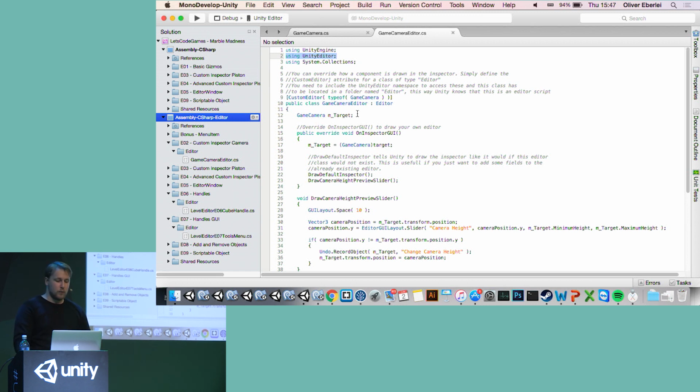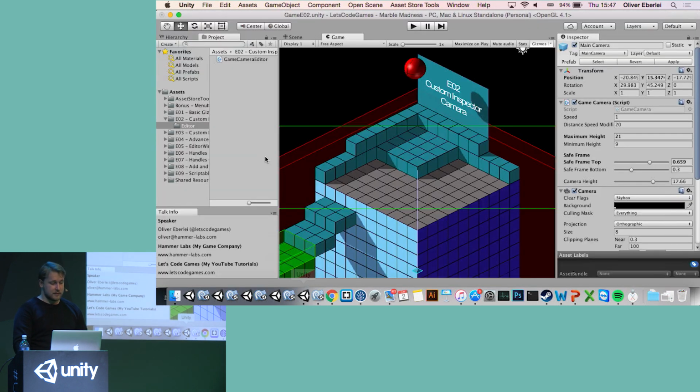Because we are creating an editor, the class does not derive from MonoBehaviour now, it derives from Editor. Then at the top here, we put an attribute called CustomEditor, telling Unity that this inspector we're coding right now is associated with the GameCamera script. So whenever we click on an object that has the GameCamera attached,